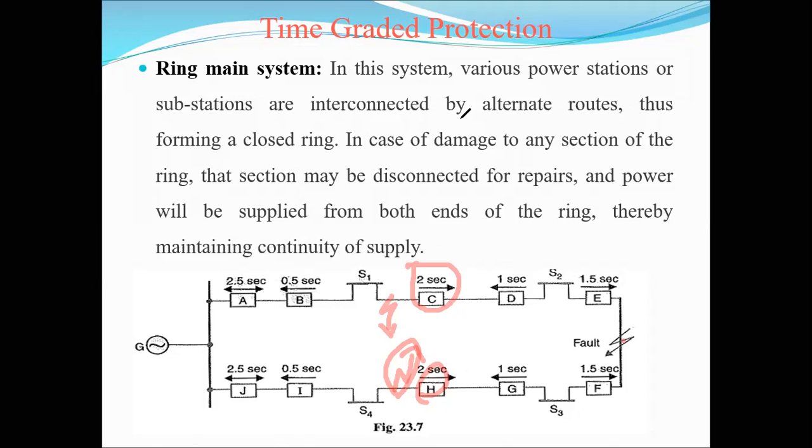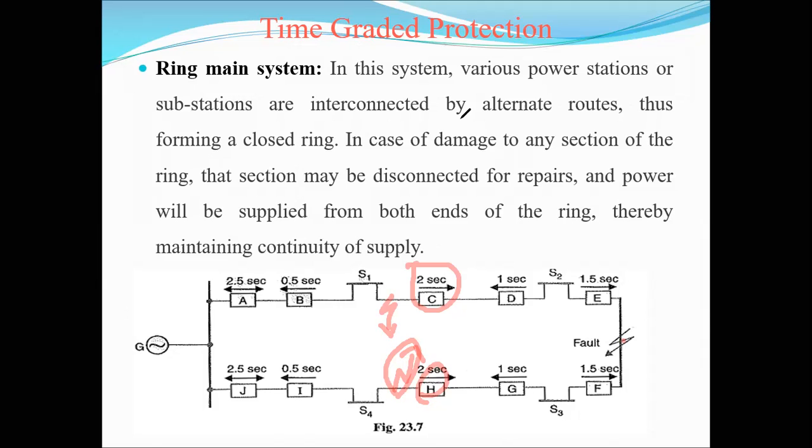That's why improving the continuity of supply is one of the major considerations in the case of a power system. In parallel systems also, we are using two feeders. The two feeders share the total load under normal operating conditions. Suppose a fault occurs in one feeder line, that feeder line is disconnected and the other feeder line gives the continuity of the supply.